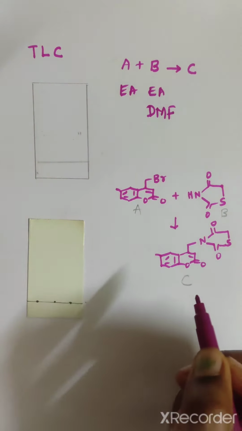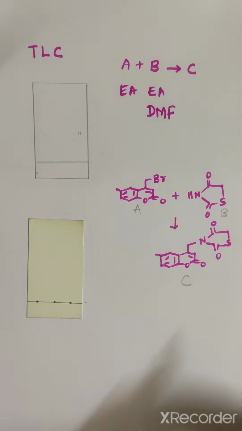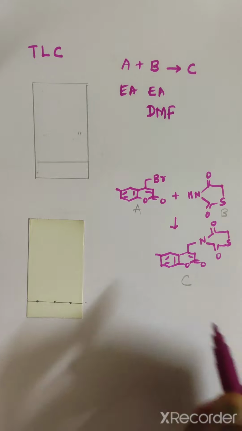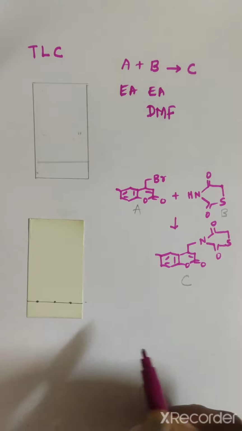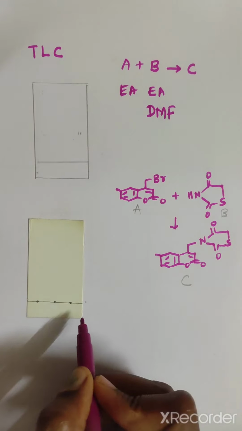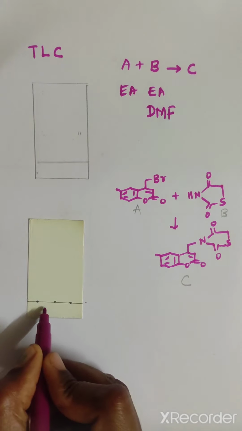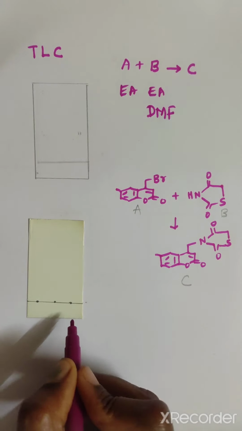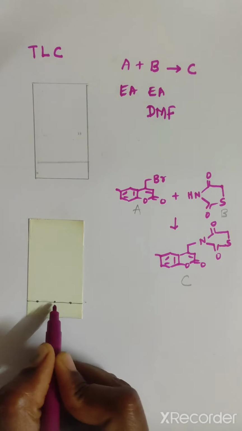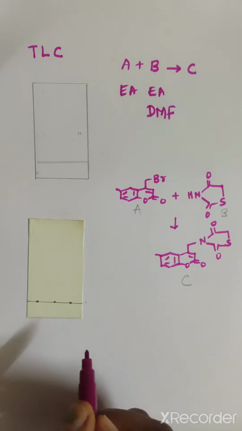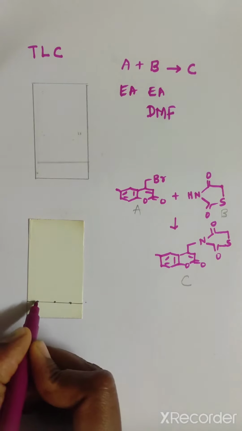It is better to choose non-polar solvents, a little bit non-polar solvents like ethyl acetate, because it can evaporate easily on the TLC plate. If you are choosing a solvent like DMF, you have to dry the TLC plate completely before running it in the TLC chamber. So this is compound A and this is compound B. After dissolving the components, you have to spot on this TLC plate.